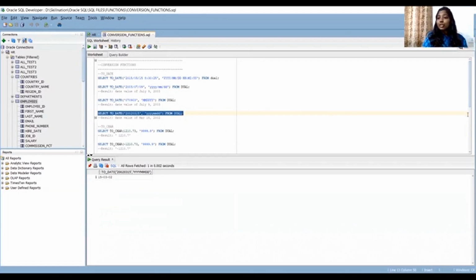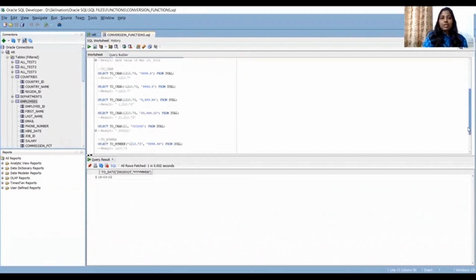Okay, let's go to the to_char functionality. Obviously it should not be inside a single quote because we are going to convert it into a single quote. In the result, we cannot see any difference because in the result it will not be given as single quotes. Whatever we are trying to run in the query, here select to_char of 1210.73, it will be displayed in the same format.